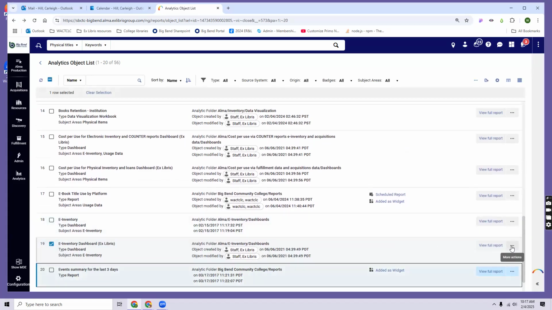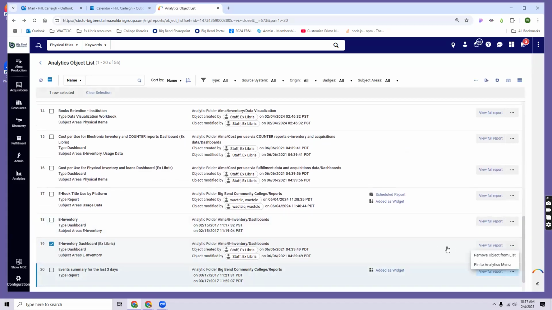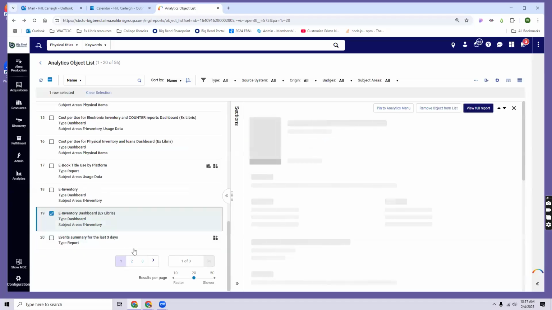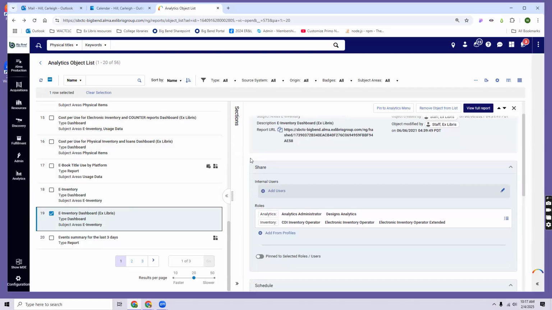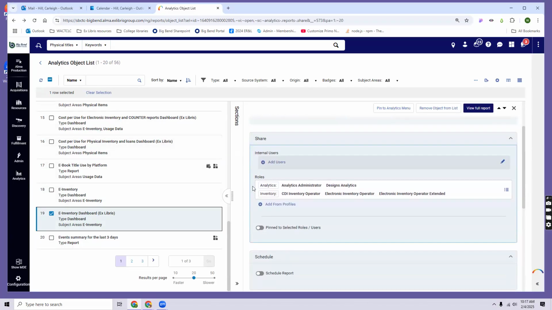Let's make this a widget. So the way that we do this is by clicking on it, you get the pop out. And if you scroll down, it shows, and because this one's out of the box, it has roles in